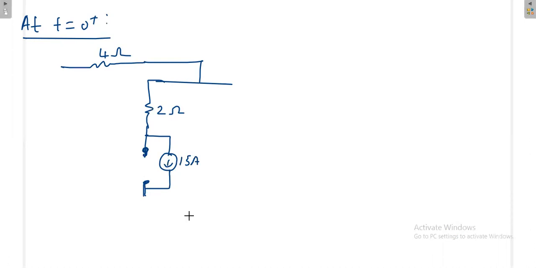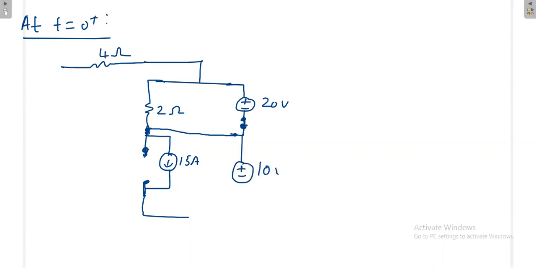So the inductor is open and also the initial current is 15 ampere. Now this is the equivalent circuit for the inductor. And one more thing here: there will be a switch, which will be short circuited. It will make a connection between these two branches. Again, what is the capacitor nature here? The capacitor has some initial voltage, 20 volt, and the capacitor has to be short circuited. So we have provided the short circuit there. Similarly, the other capacitor will have 10 volt, and that capacitor also has to be short circuited. Now this is the state of the circuit at t is equal to 0 plus.